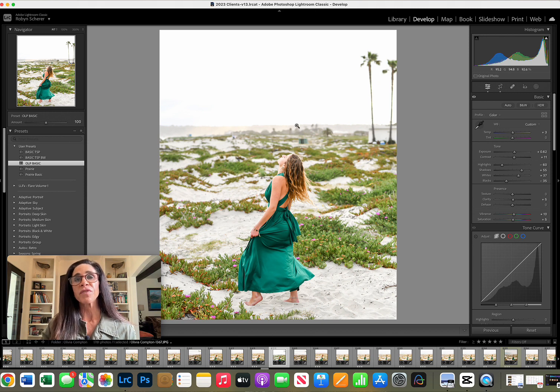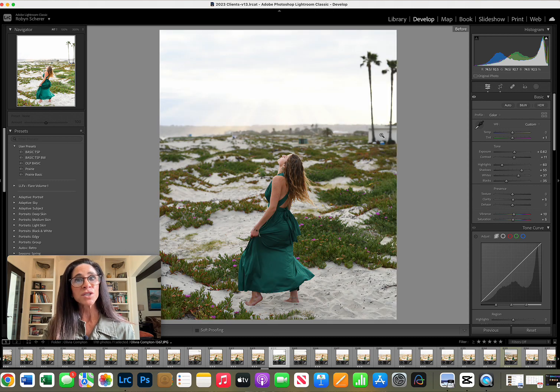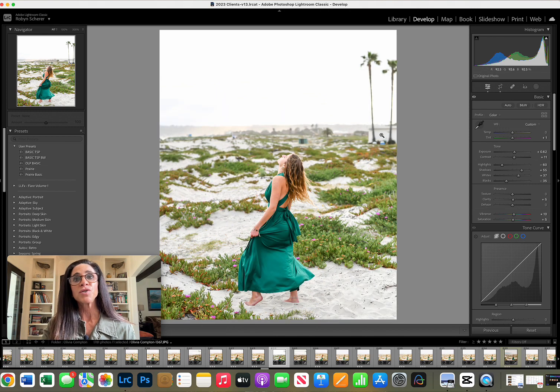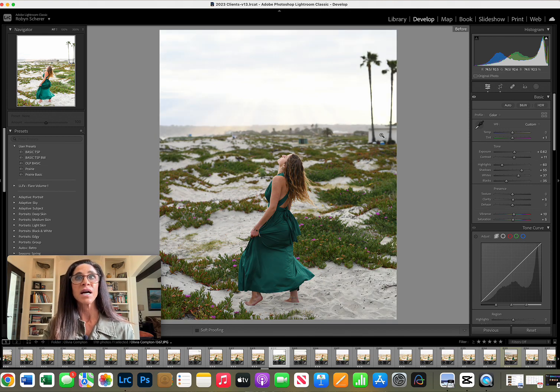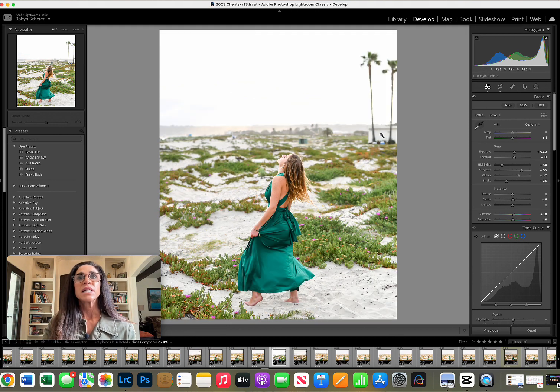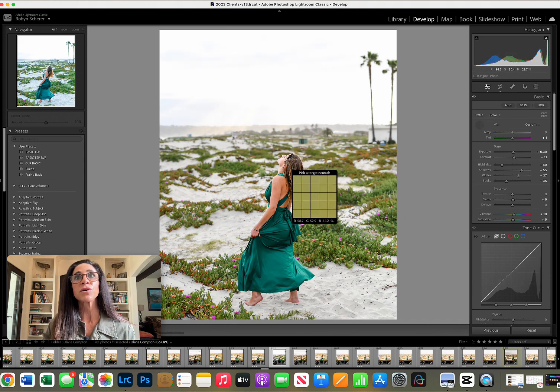So I'm going to start there, and I'm going to use my eyedropper and check my white balance. It didn't change it a lot, so it looks like we were kind of right on target. Use your backslash to constantly be checking your straight out of camera image. You don't want to do crazy edits, and this will help you kind of keep on track. So I'm liking where it is right now. I'm going to lower the exposure a hair,